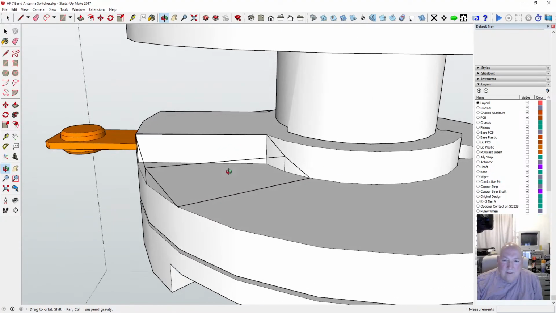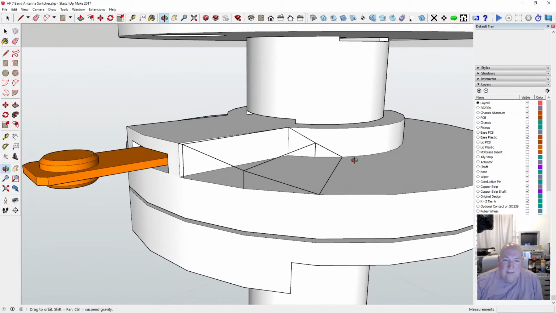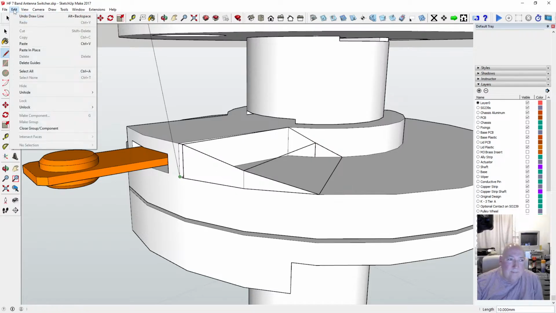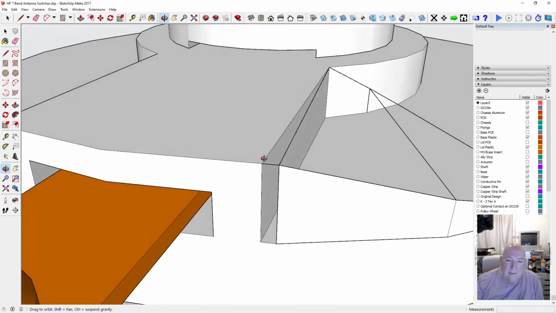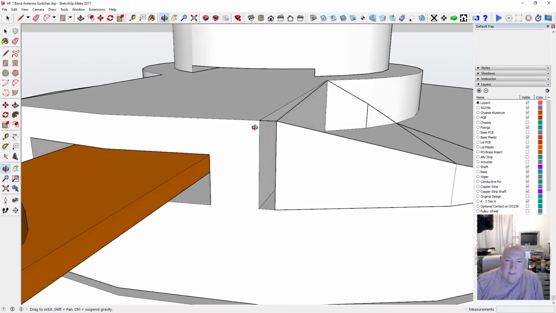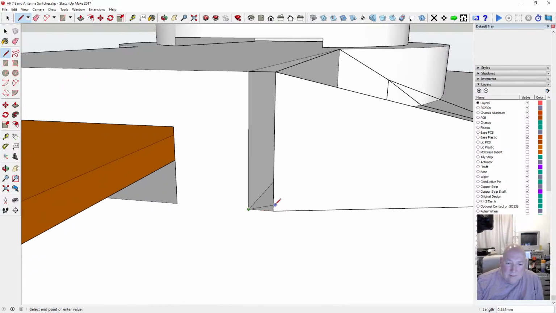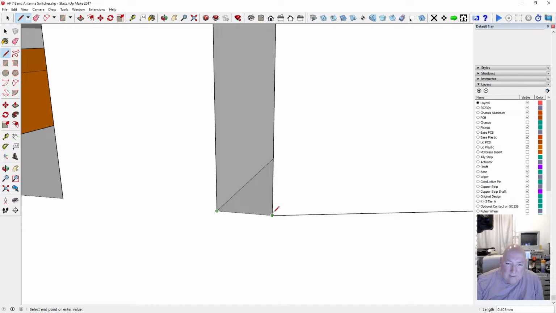So what we need then is to join this up. Yeah, join that up with there. Join that. No, that didn't work. So what's the matter with this? Why isn't that creating a line? Come on, it's not having it.